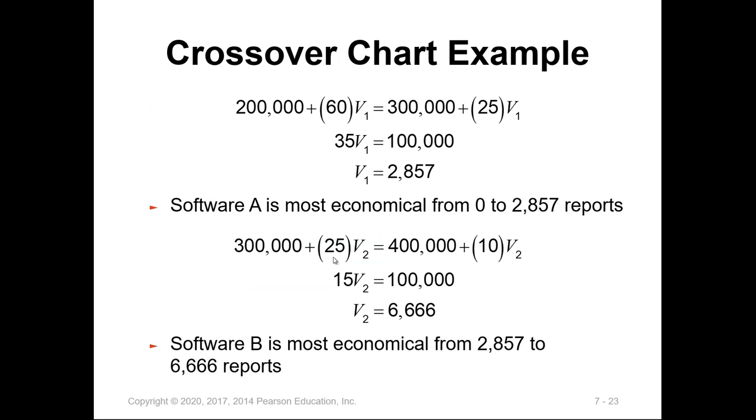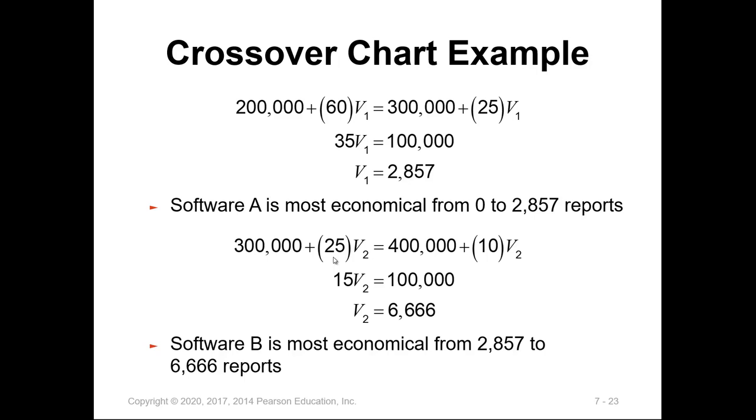Crossover means the total cost of the two products will be the same, will be equal at that point. So equating the cost of using software A and the cost of using software B, assuming that the number of reports that will be produced is variable V1, and solving for V1, we can get 2857. In this case, software A is the most efficient or economical selection from 0 to